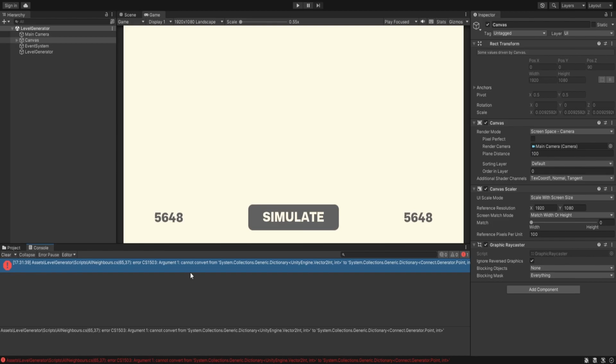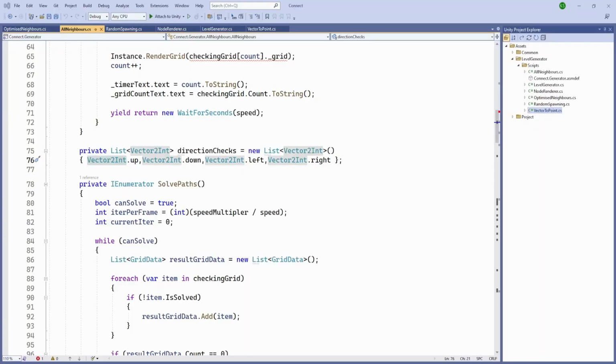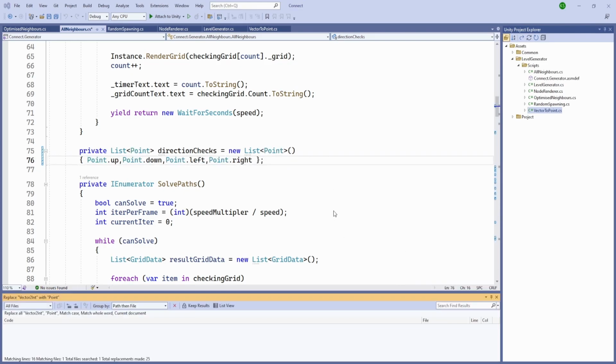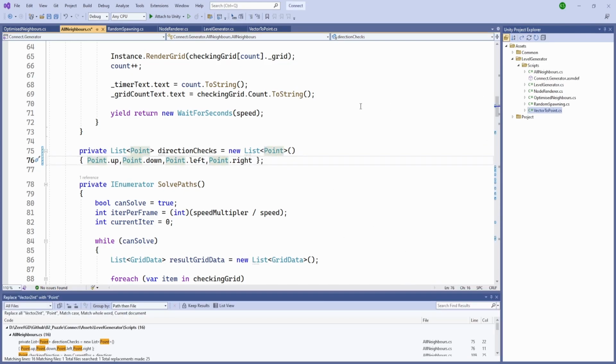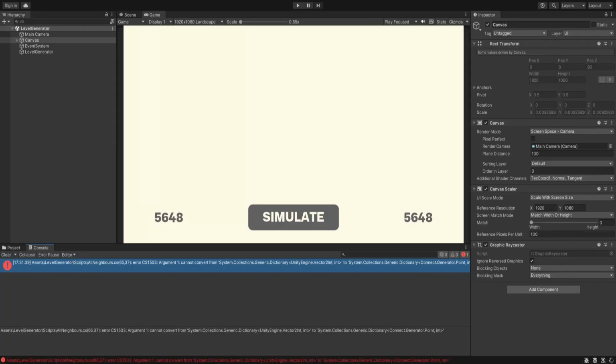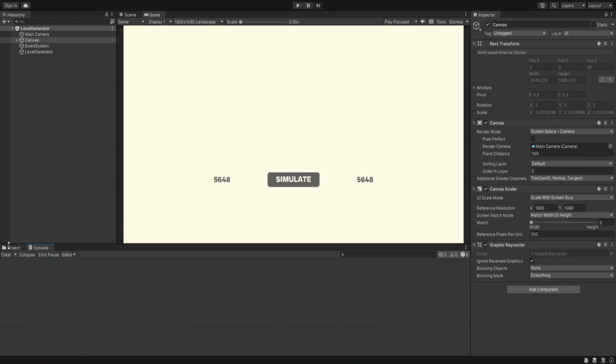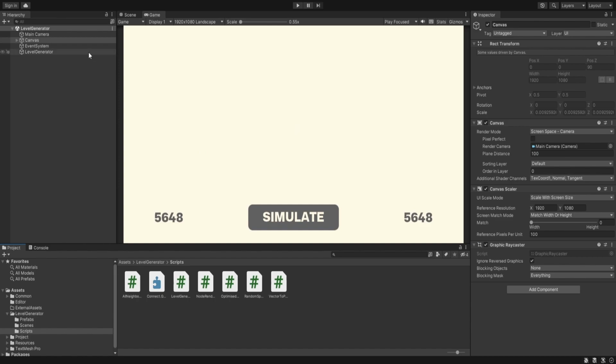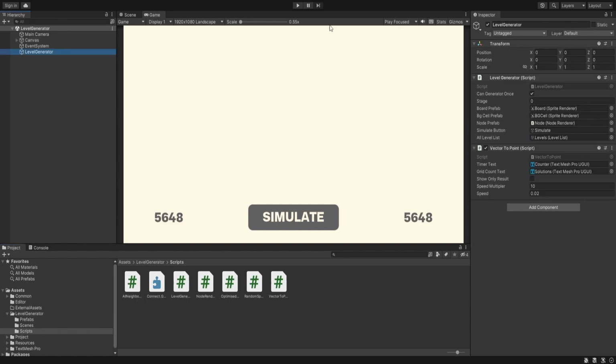So we are going to do Control Shift H, and point, replace all. 25 occurrences are replaced, and let's hit save. Now we'll go inside Unity and again check for errors. Are there any? There aren't any. So everything is perfectly replaced, and now we are going to see if our current